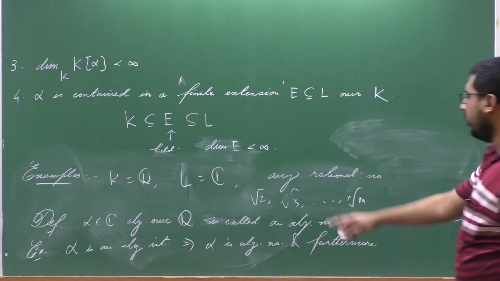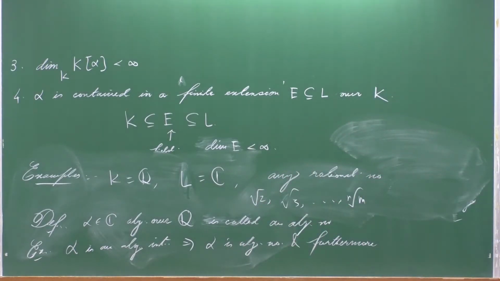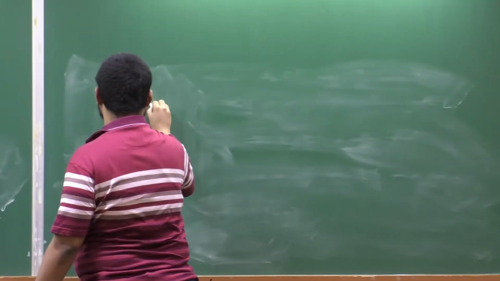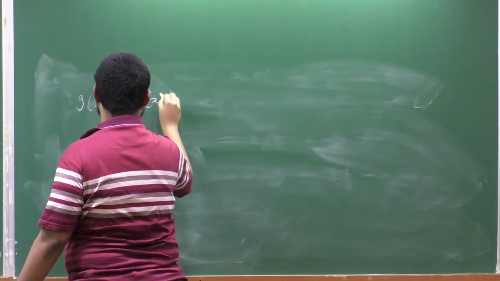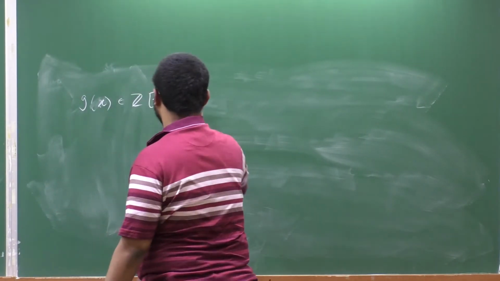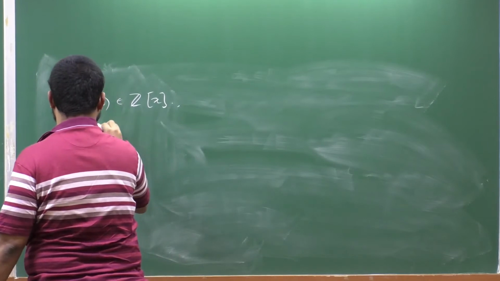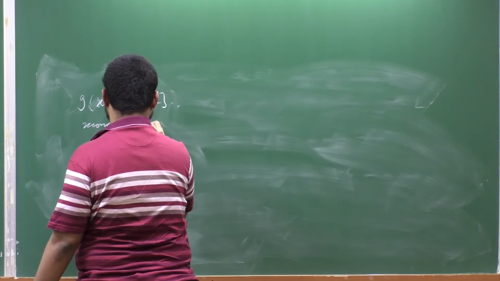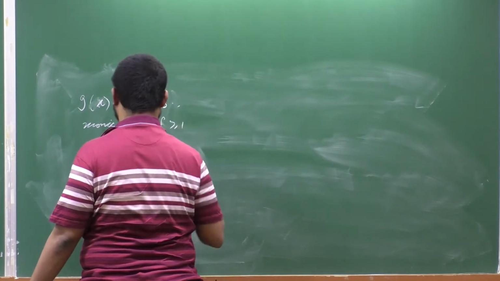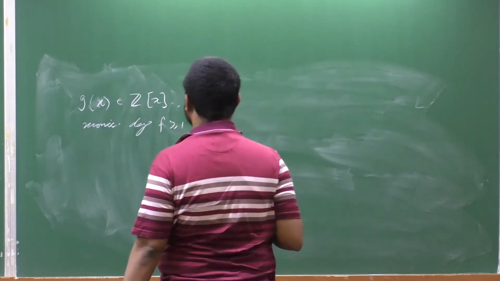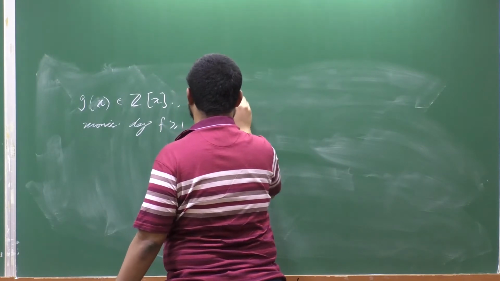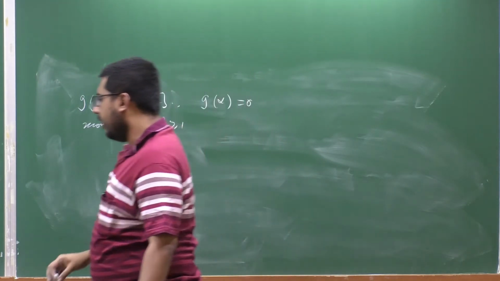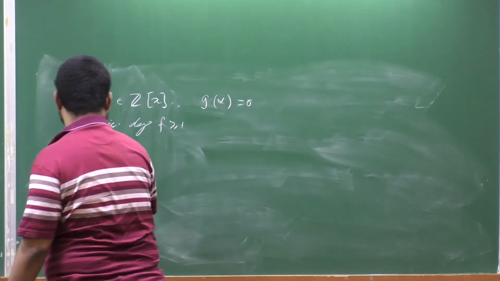So, alpha is an algebraic integer, so that means there exists a monic integral polynomial g(x) of degree greater than 1 such that g(alpha) is 0. And since alpha is an algebraic number, we have